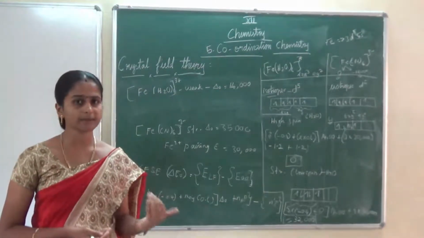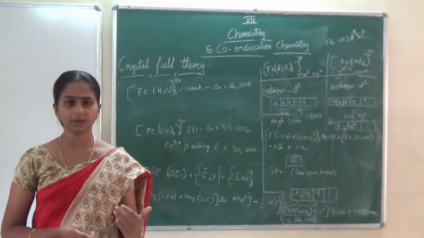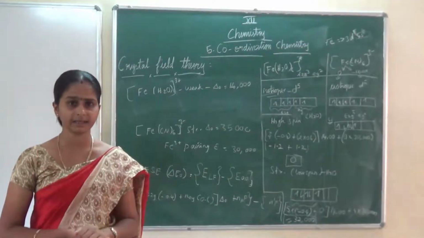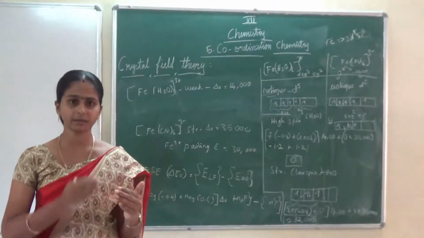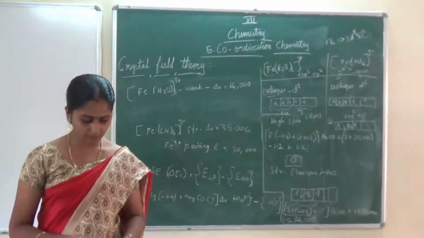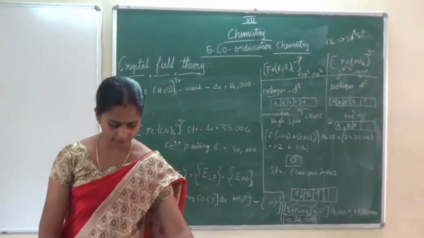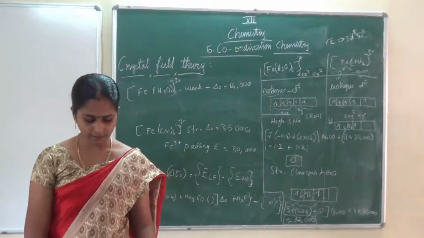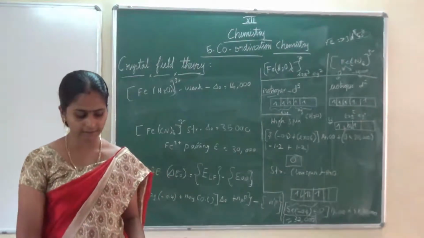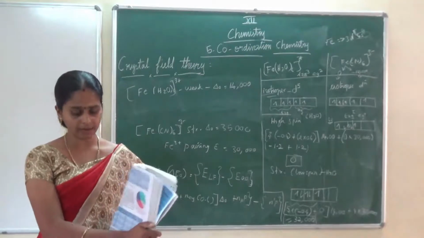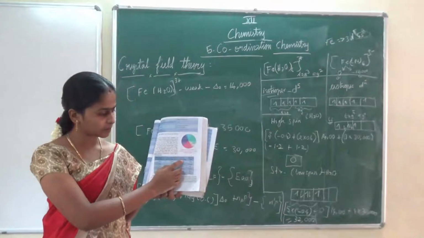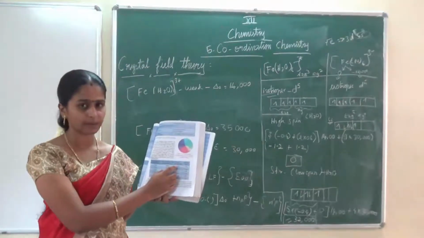For complexes, how do they explain it? Based on the crystal field stabilization energy, and there we have said it is based on the wavelength. Here in the book, page number 159, they have given the wavelength of the absorbed light and the color of the absorbed light. If the wavelength of the absorbed light is 4000, then the color of the absorbed light is violet.